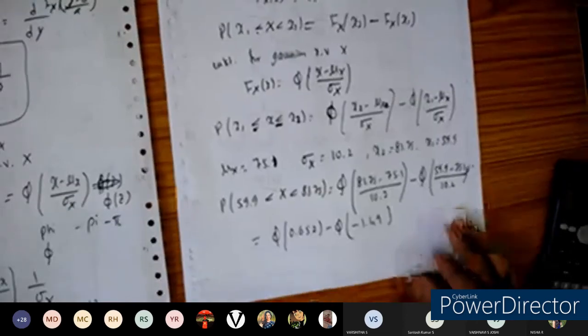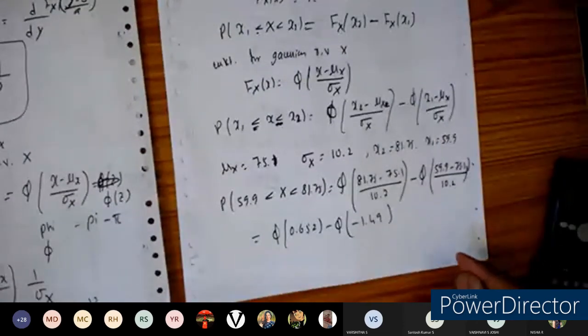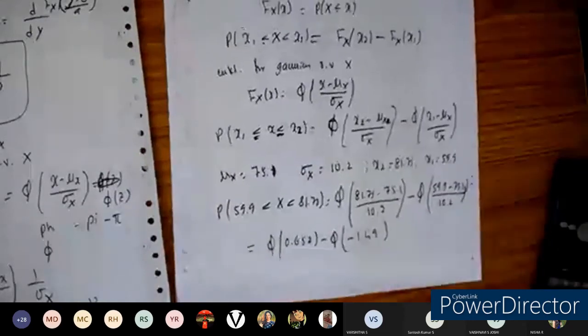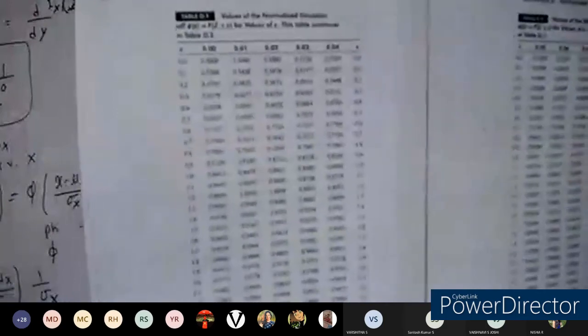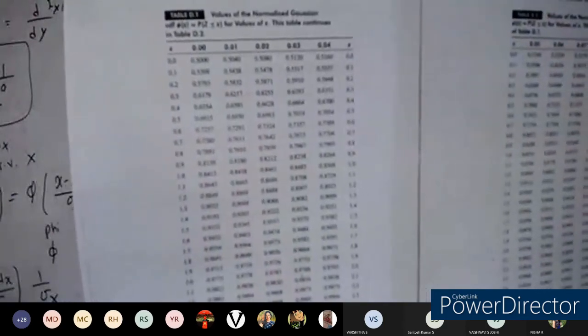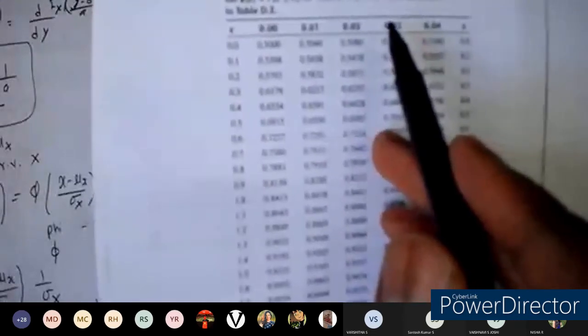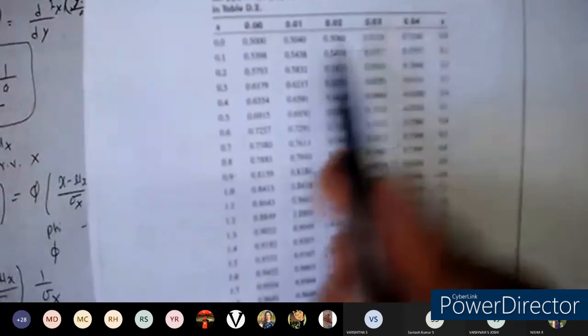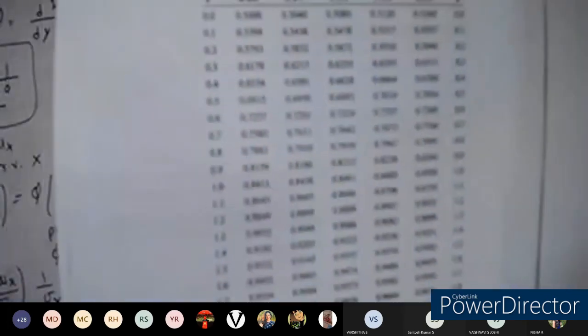Okay, so everyone got the same answer, right? On WhatsApp I sent the Gaussian random variable table. It is also given in the textbook. I'm showing it here, or else you can refer to your WhatsApp. We want to find 0.652. One table of z is there, and the other table has the decimal values. You can refer to your WhatsApp instead of the video, because the letters are small and you can't see them here.